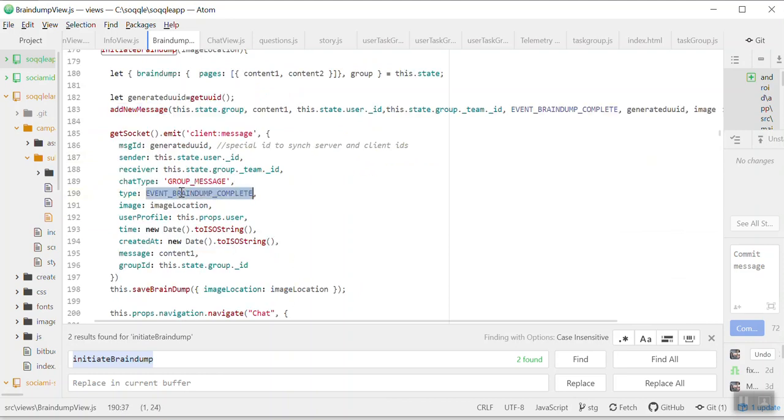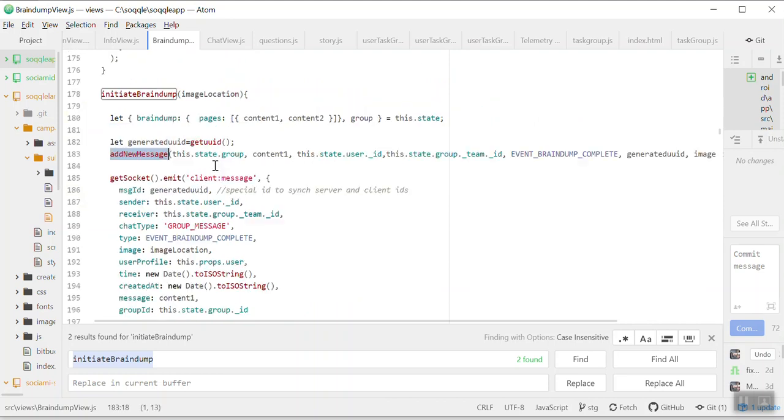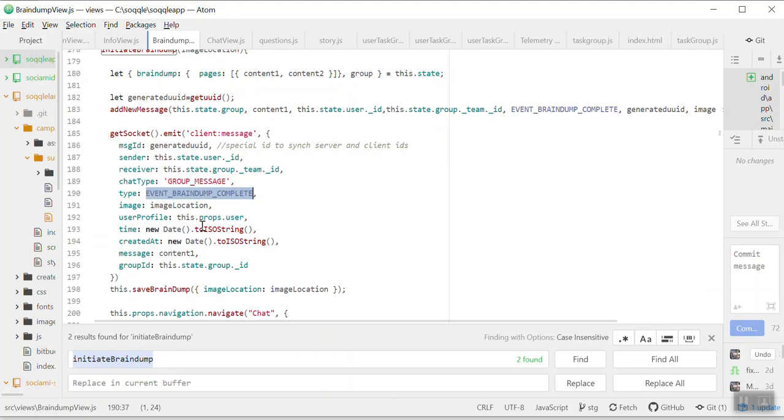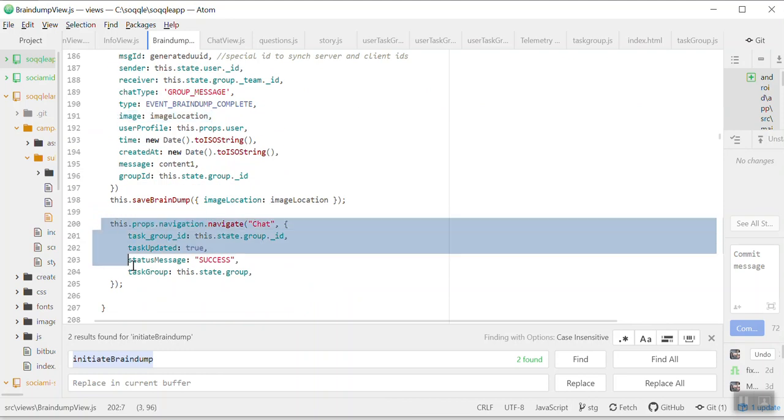The brain dump is the task itself, the task whereby you start a task and you capture the image as a task. So when we add a message, we say that the brain dump was complete, and this is then shown on the chat view, together with the image location,